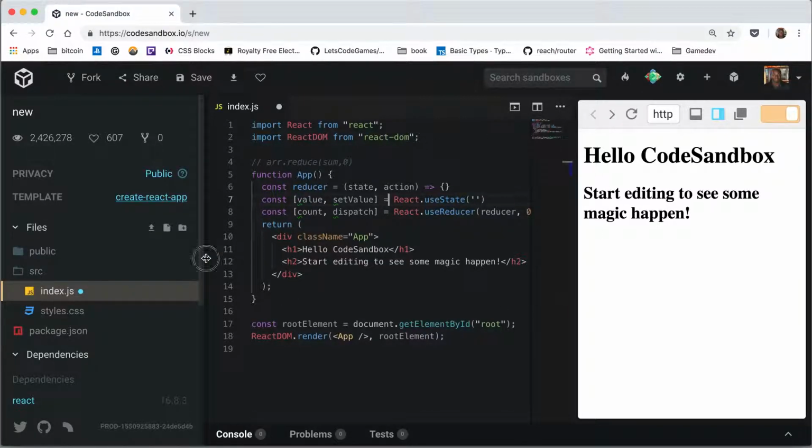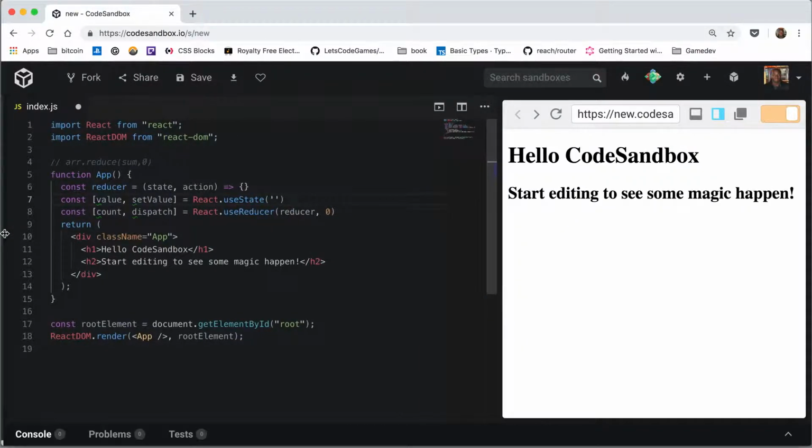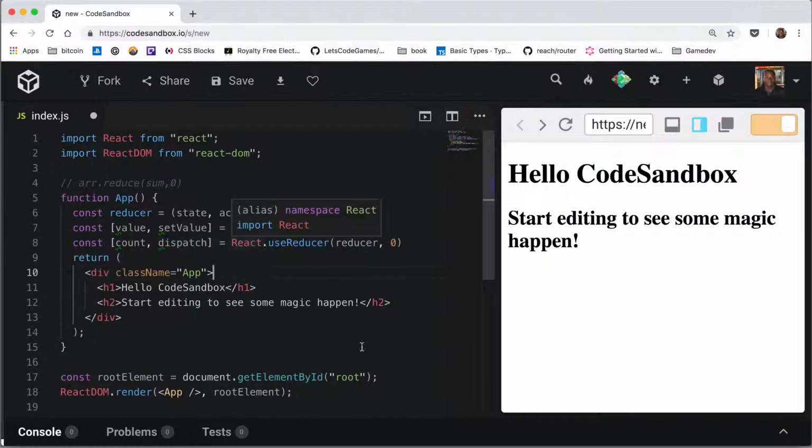It looks a bit squished. I'm going to close this because I'm not going to use any more files, and I've got some more room to see what is going on. Okay, so as you can see, these are underlined green because they're not being used, and it's quite similar to